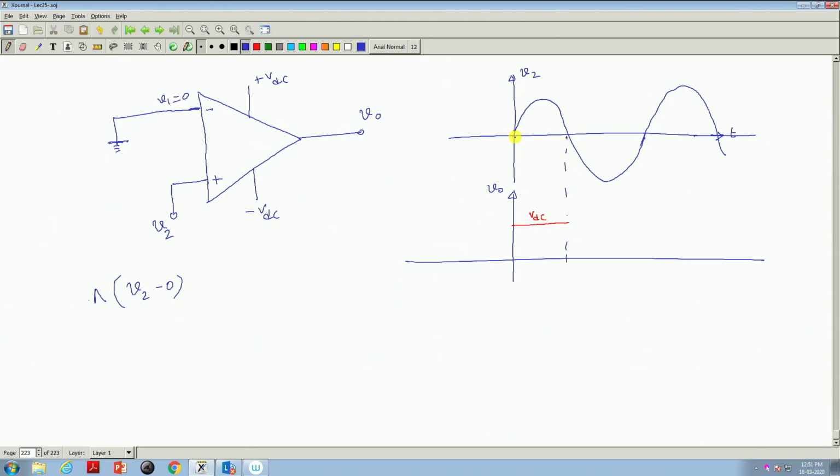because a slight value of this voltage, maybe of the microvolt level, this much voltage immediately saturates. For an ideal op amp, when V2 is greater than 0, it saturates, it starts from here. And during this zone, V1 is 0 and V2 is negative, is it not? Therefore, it will be a negative excursion. So, this output voltage will be like this.